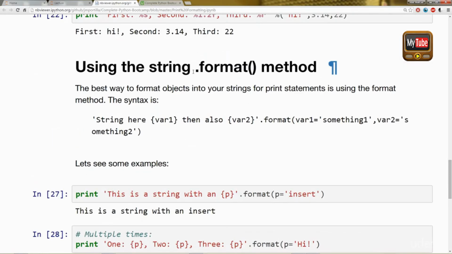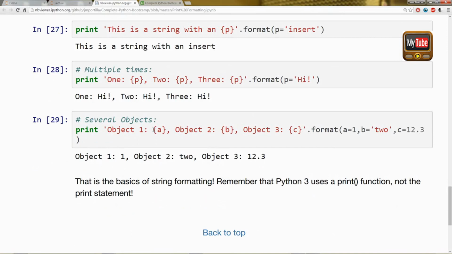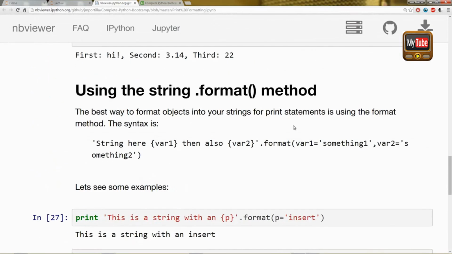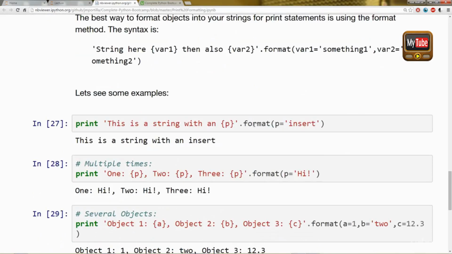And then finally we learned about the dot format method for strings, which allows us to just define variables, and here you can see more examples in the Jupyter Notebook about that. But what's nice about this is we only have to worry about calling the variable names inside these curly brackets instead of maintaining the order as we did in that previous % method. Okay, so that's it as far as